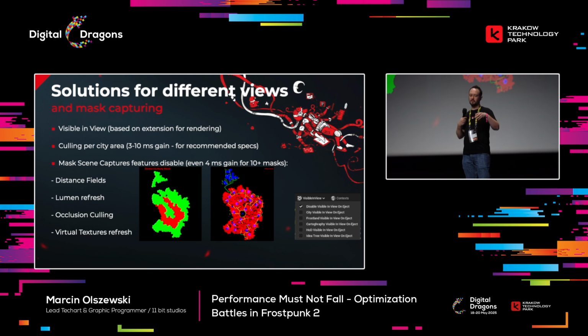So with integration with this visible in view, which is, as I said, or maybe not, the extension for Unreal. It's not like a modification for the engine in most cases. It's mostly like an injection into the flow for Unreal. If you look at, for example, plugins for DLSS or FSR, you can also notice that they are injecting some parts into the Unreal workflow. So this current culling per city area gave us around 3 to 10 milliseconds, which is